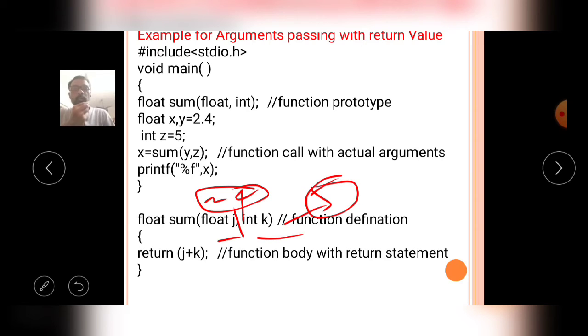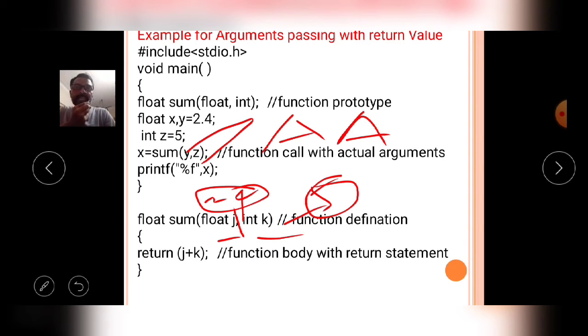Now y comma z, two variables, are giving the values, that means passing the values, donating the values to the calling function. That's why the y comma z variables are called actual arguments.